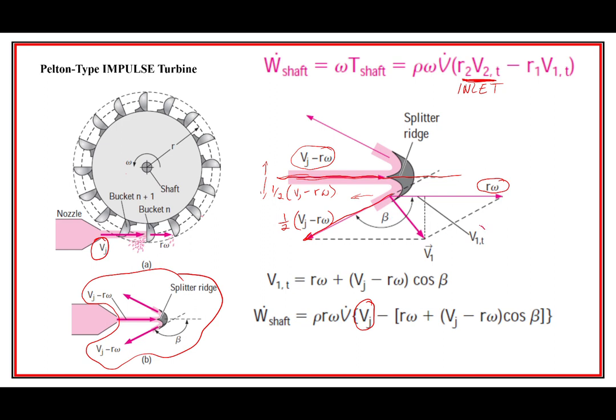So what they're pointing at right here is the velocity 1 and the tangential, which is the thing that we want right up here. It's going to be this little vector right in there, right? So what we've done is we've taken the velocity of the jet right here and subtracted out here. So this is really the relative velocity motion that the thing is experiencing, but here's the outlet of the piece, and we're also multiplying by the cosine of beta to account for